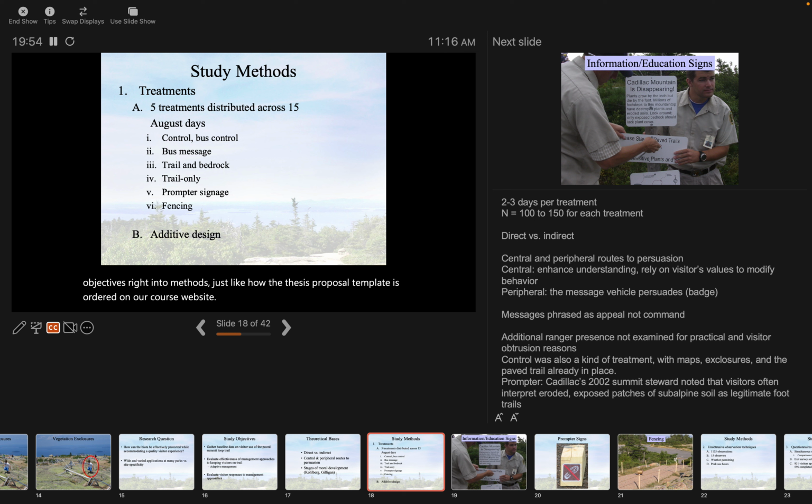So here, the specifics again don't matter. Here within methods, we're going to start having to get into some slides that are necessarily pretty information dense. So again, you could break this up as, instead of one slide listing a whole bunch of treatments, it's okay if you want to split this out into one slide per treatment, because in a more complex field study like you guys and gals are doing, it makes sense to get through the theoretical basis as fast as